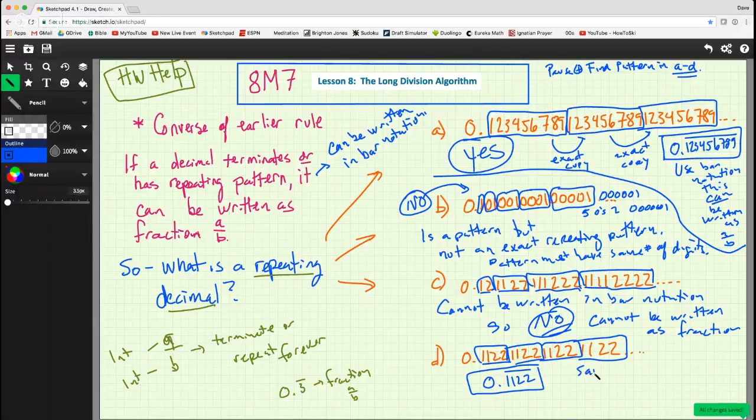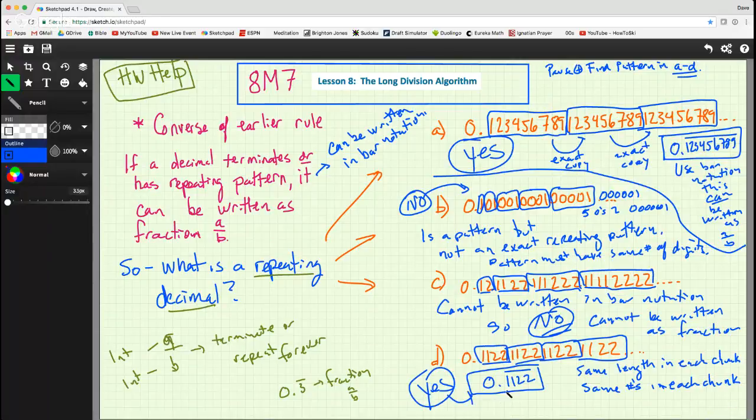Got the same length in each chunk and same numbers in each chunk. So this can be written in bar notation. So this one is a yes. This can be written as a over b. We're not going to do the conversion in this lesson, but it can be written